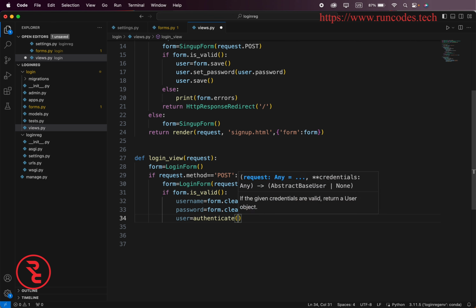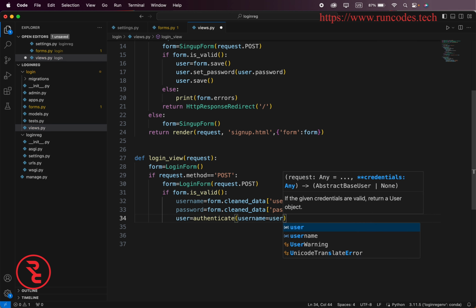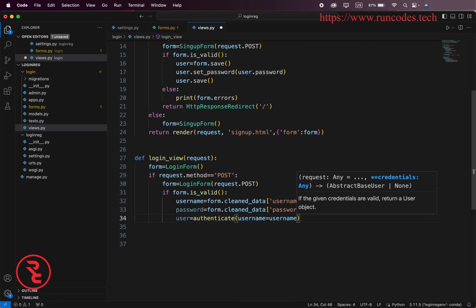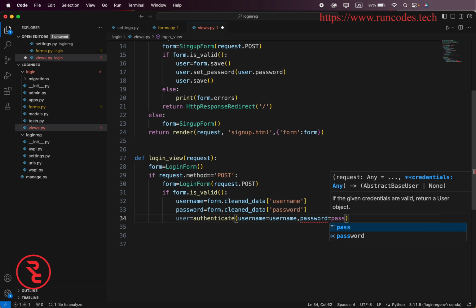This is provided by Django, and the heavy lifting is done by Django, so it is easier for us. Username and password is equal to,